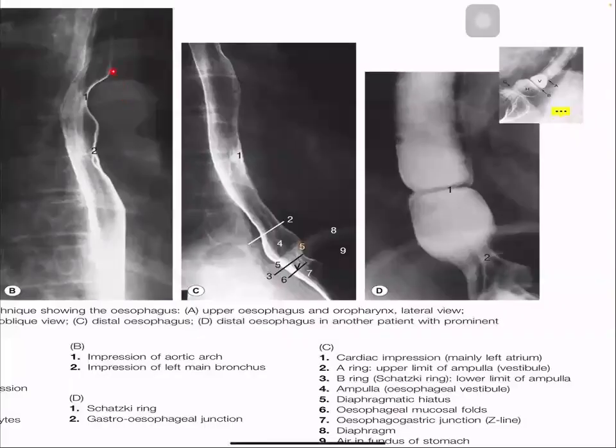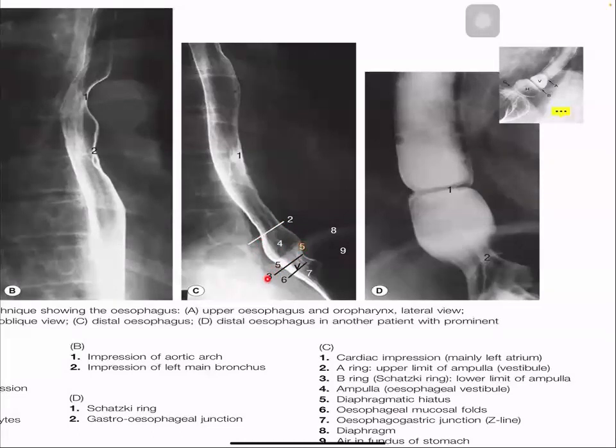Here is a right anterior oblique. First, this is the impression caused by the aortic impression, and this is formed by the left main bronchus. Here we are talking about the vestibule, the number 4 representing the vestibule, the number 2 representing the upper end of the vestibule, the A ring, and number 3 representing the lower end of the vestibule, the B ring